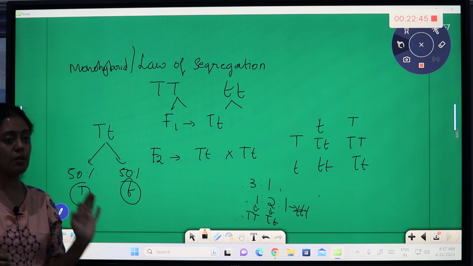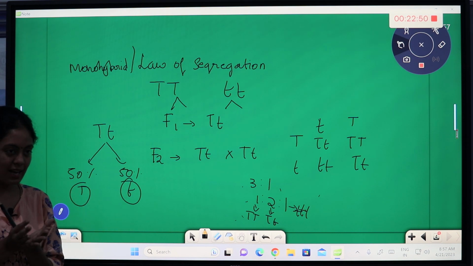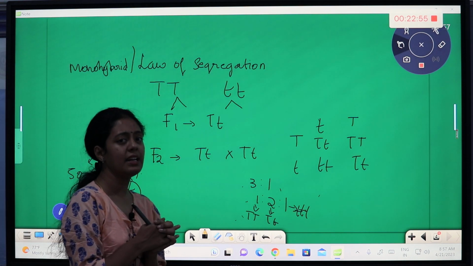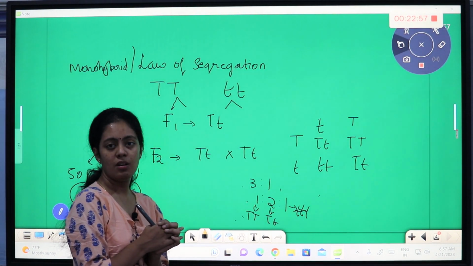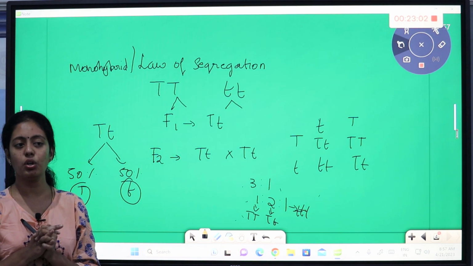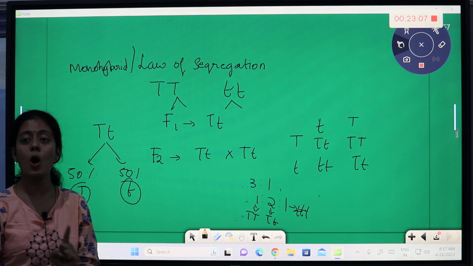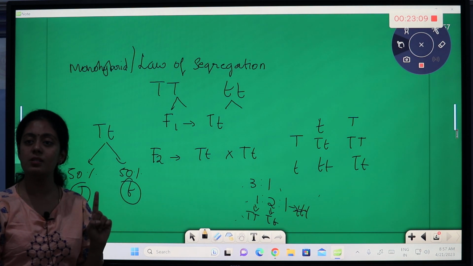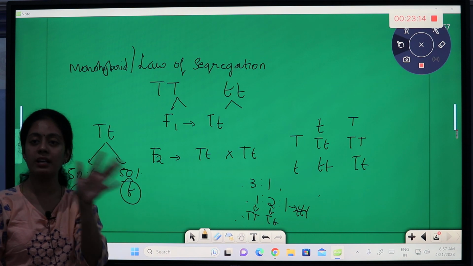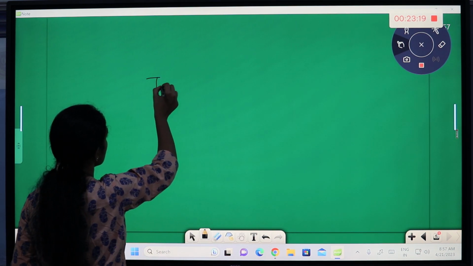During gamete formation, the alleles segregate. Okay, they don't stay close together. Why don't they stay close together? Because they segregate during meiosis. Okay, what is the cell division that happens during gamete formation? Meiosis. So during meiosis they are segregating. Okay, that is what we call the law of segregation. Any doubts here? Understood? Law of segregation and monohybrid cross, both are the same. Don't get confused. Okay, then here there is one more term called test cross and back cross.